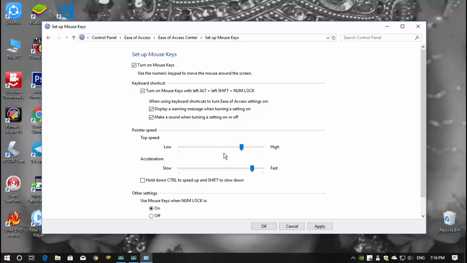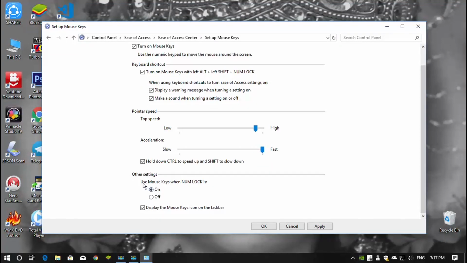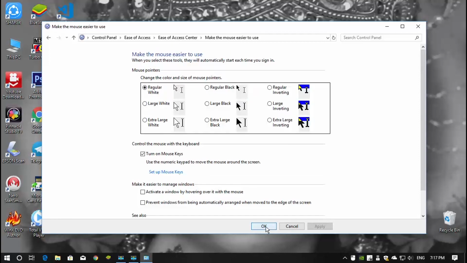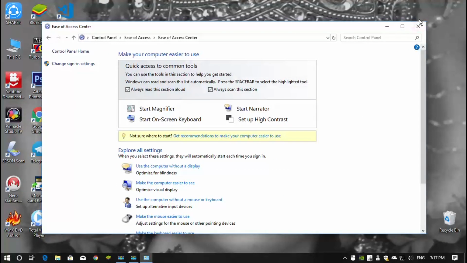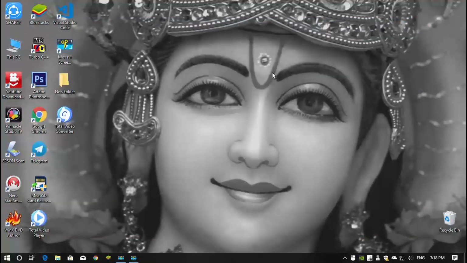Select this also and you can put this like this, and here the speed. Use the mouse keys when num lock is on. Okay, apply and then okay. Okay, now turn on the number lock